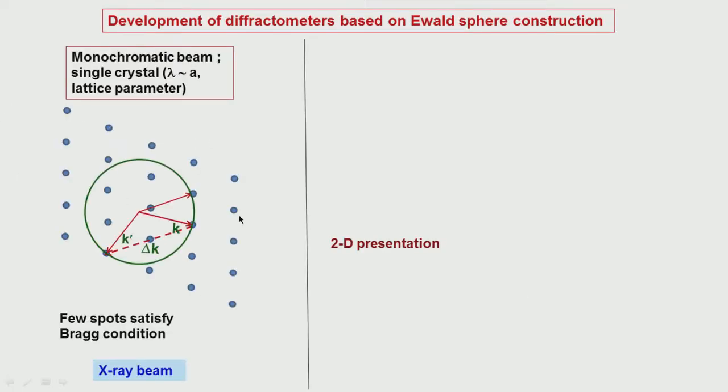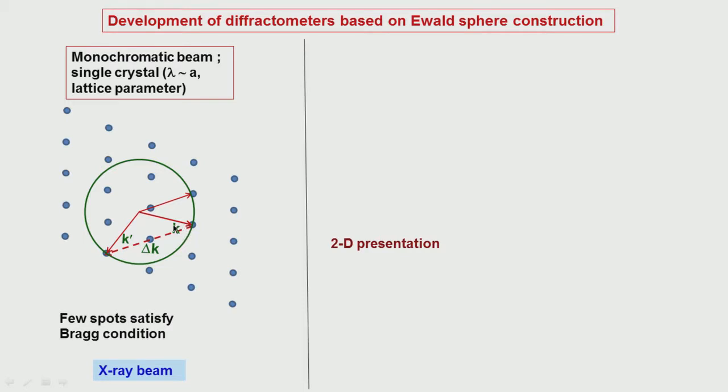You assume that a monochromatic beam is falling on the sample in some particular direction in the crystal. Okay. With respect to that, we have defined the k dash vector. Okay. Then we draw an Ewald sphere construction. Okay. When you have drawn this Ewald sphere construction, all the reciprocal lattice points which touch the Ewald sphere, for the particular direction in which the beam is entering, will give rise to the diffraction peaks.